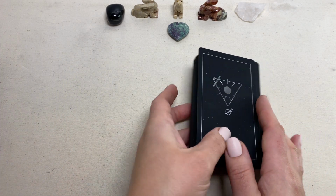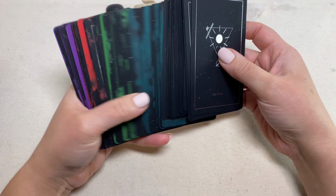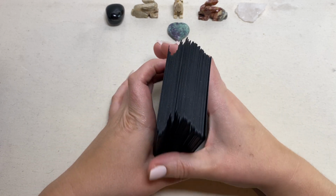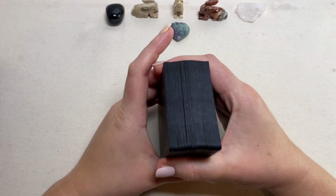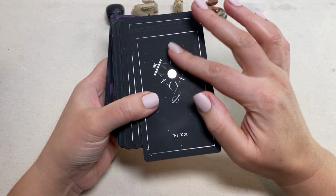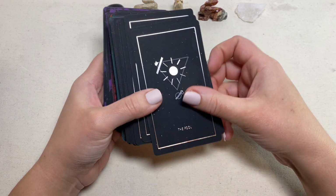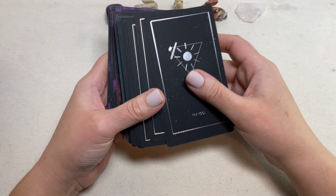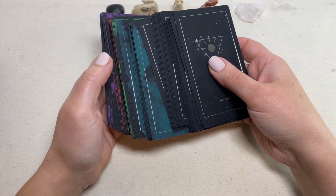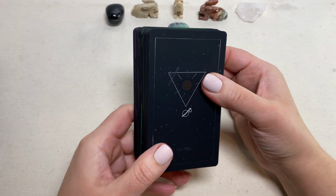Okay, so we'll go ahead and get started here. First of all, my biggest complaint with these is these friggin' cards like to stick. I have the same problem with a couple of these. They have almost that rose petal texture to them. They feel amazing. They're so pleasant to work with as far as the texture goes, but they do stick. And so shuffling is less than ideal,